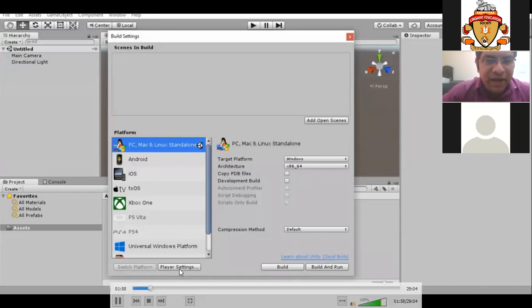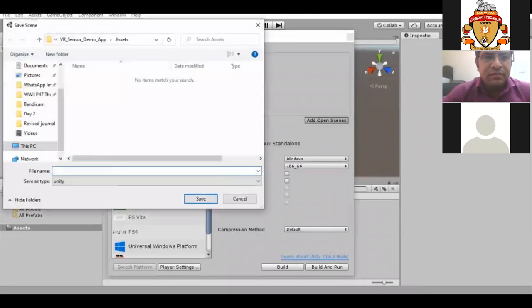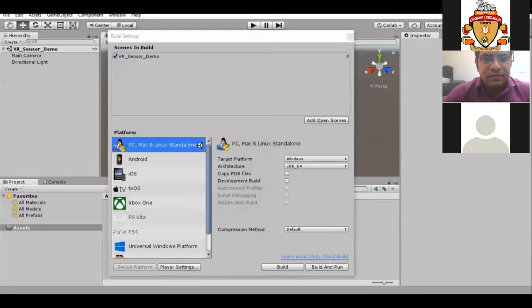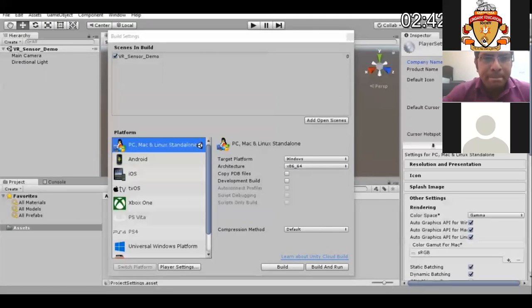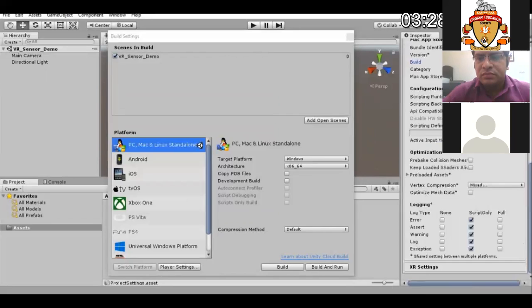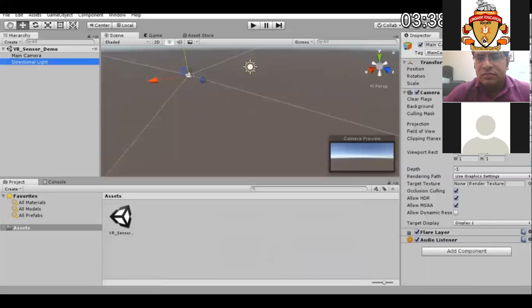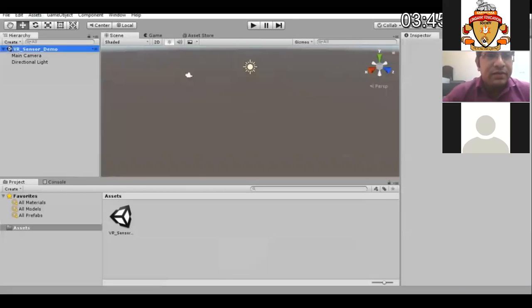So you have to click on player settings, just like earlier. We have to add the open scenes. We are not using Vuforia here, that's why I have not selected the Vuforia application in XR.